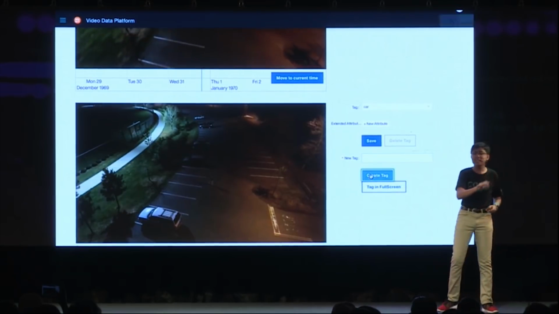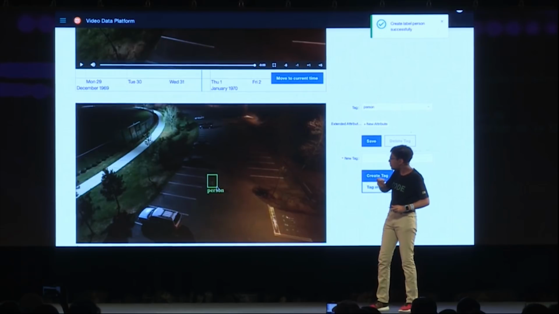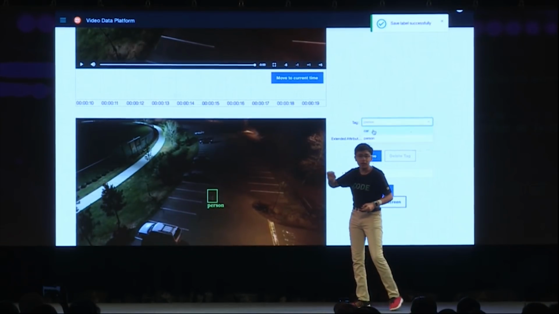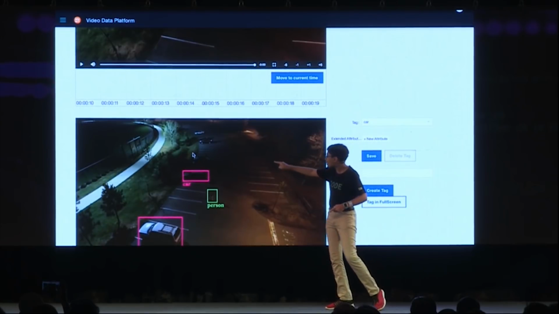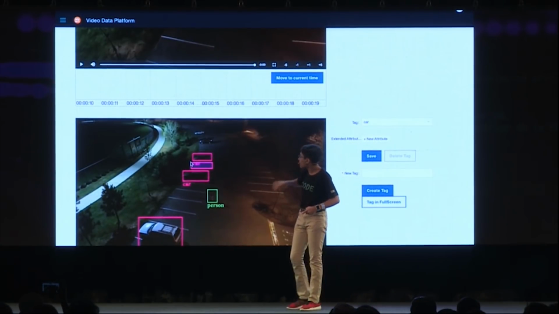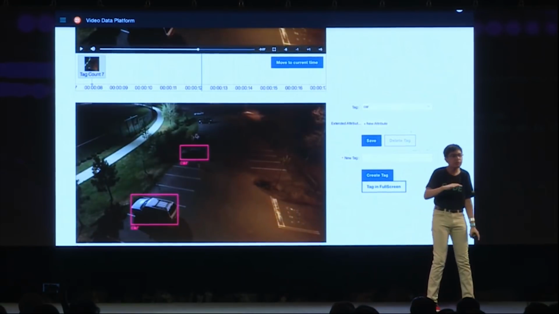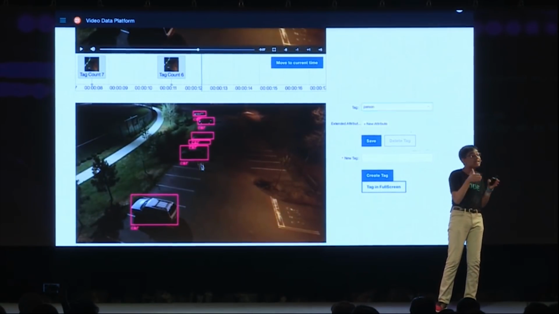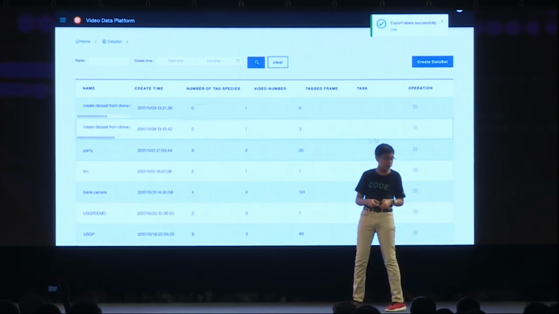Now, the domain expert has just extracted one image of a frame from this video. And what he's going to do now is label all of the parts of that image. He draws a box around the person, labels that as a person. Draws boxes around all the cars, labels those as cars. And once he does that for a few frames and creates a very small and limited data set, he then exports that data set back into Power AI Vision.